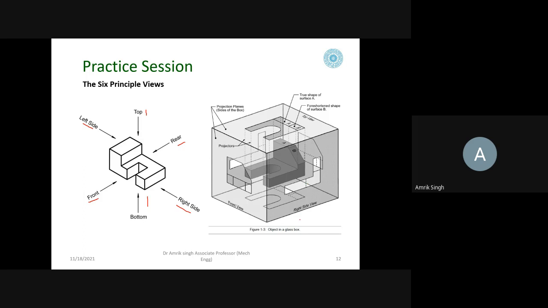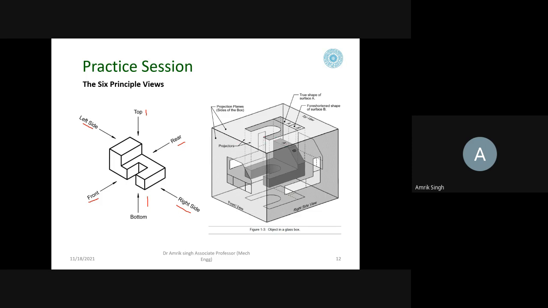Okay. This is the bottom view. In the bottom view, this line is not clear. So that's why it is dotted. In the front view, you see from this side, so this line is there for this box, and this internal box is there. And this is the left side view.